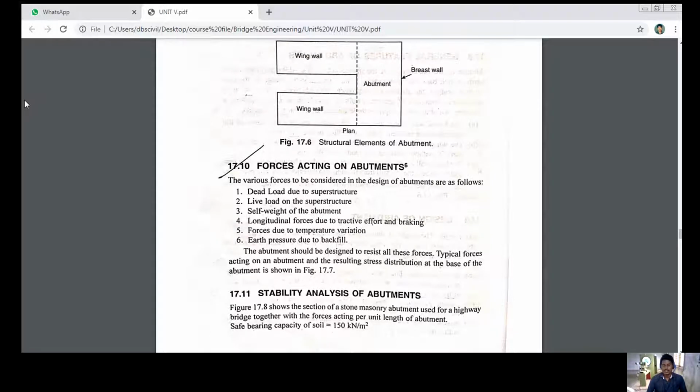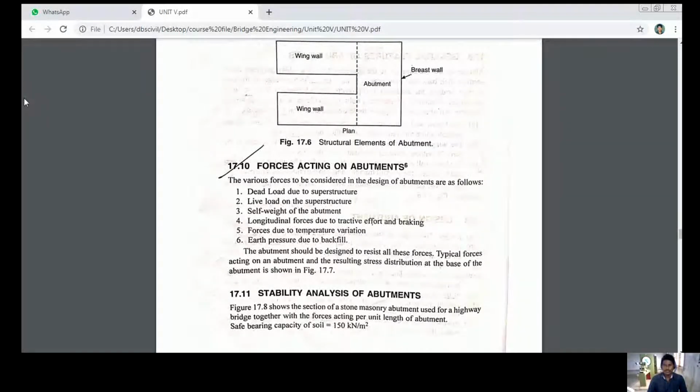Here also we calculate the dead load that comes from the superstructure, and we partially distribute to pier and abutments depending upon the placements. Dead load is nothing but the self weight of the superstructure. The self weight is nothing but the components, materials, the density of the materials that are used to lay down the superstructure. On adding all these components, the superstructure comes to dead load. Hope you all understand what is meant by dead load.